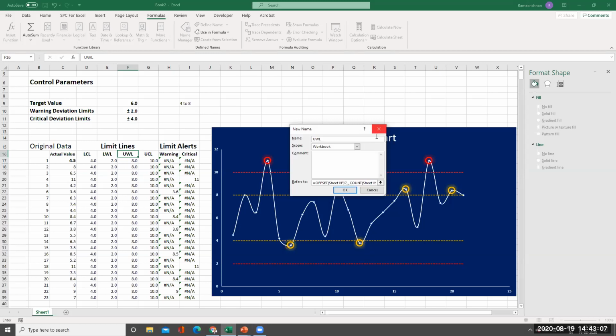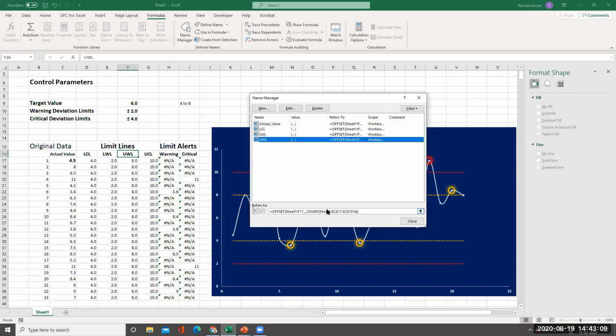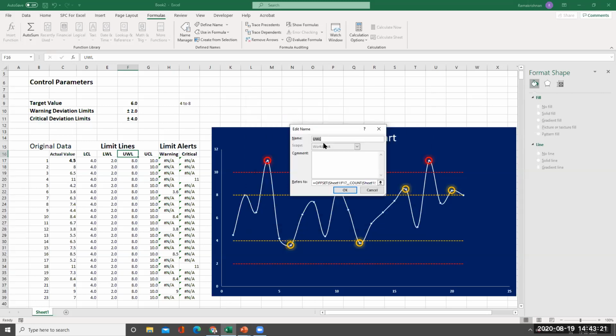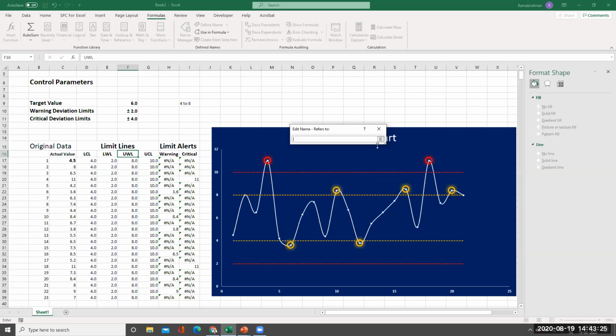Okay, I'll close it. Okay, I'll go there. UWL, I'll edit, and then I'll go up, delete it, Control V. I'll make this as F. Okay.